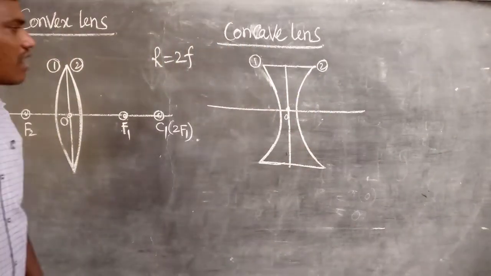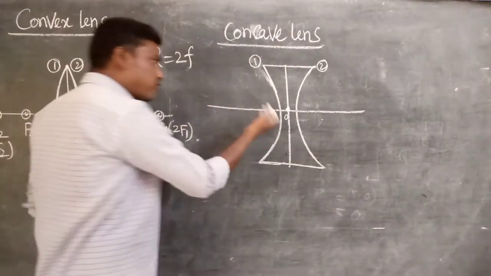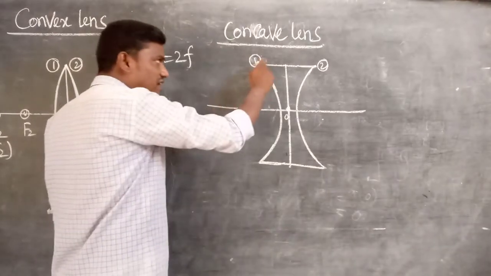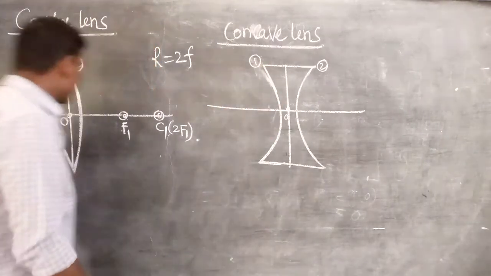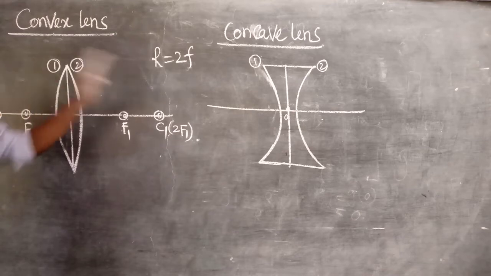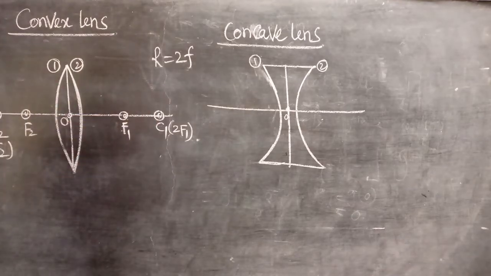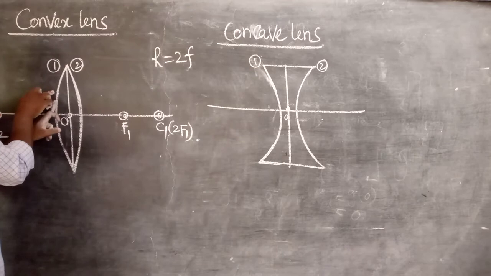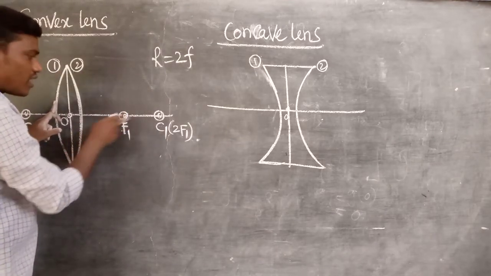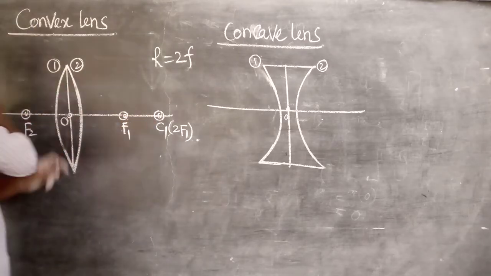So in case of concave surfaces, the principal focus and the center of curvature are present on the same side because this is the reflecting surface. The reflecting surface is outward, that is called convex. For a convex curved or spherical surface, the focal length and center of curvature are always behind it. That's why for this refracting surface, behind the refracting surface, focal length and center of curvature are there. For this one, this side is there.